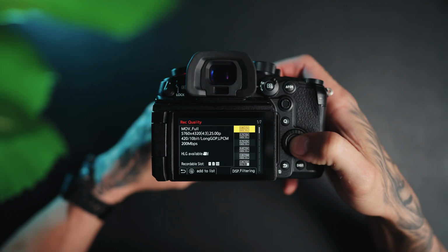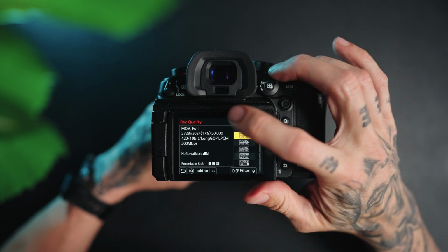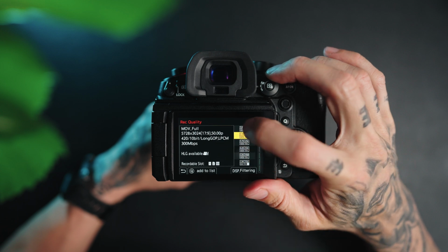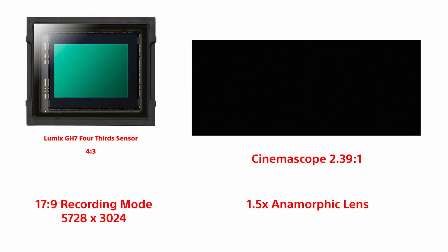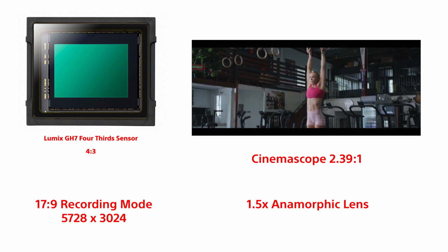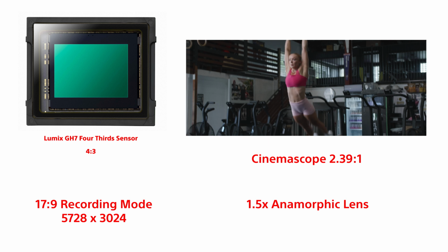Now we have to talk about filming in slow motion on the GH7. Below we have 5.7K at 50 frames per second, but it's a 17:9 aspect ratio. Now using our CinemaScope timeline again with 1.5 times anamorphic footage, it fits within the timeline. We would have to expand the footage a touch and crop a little bit off the sides to fit it